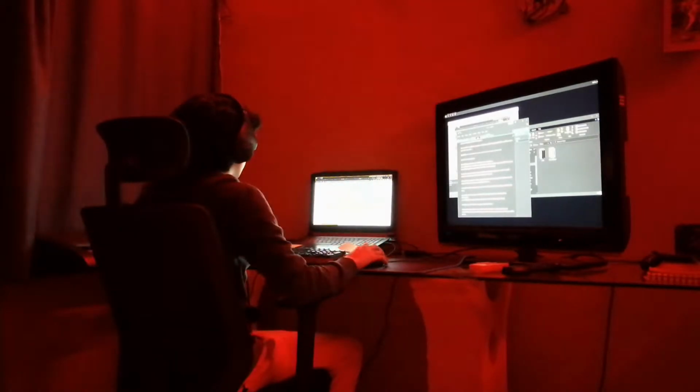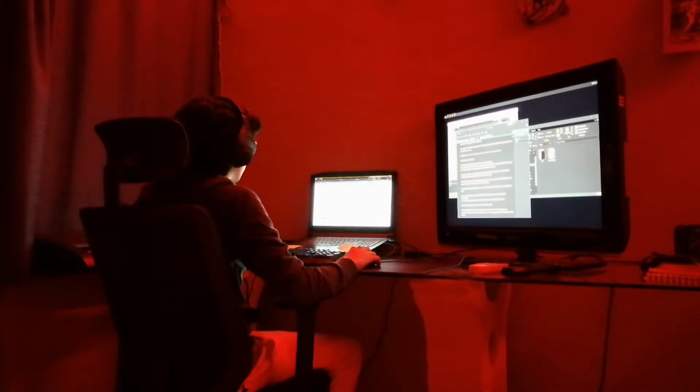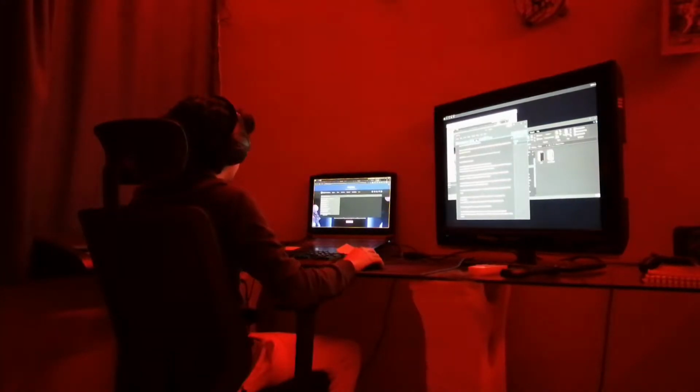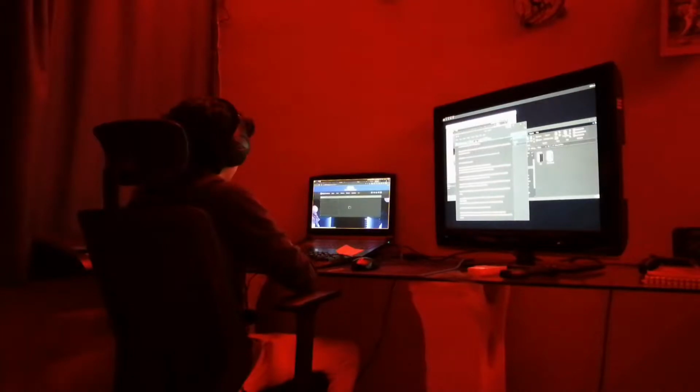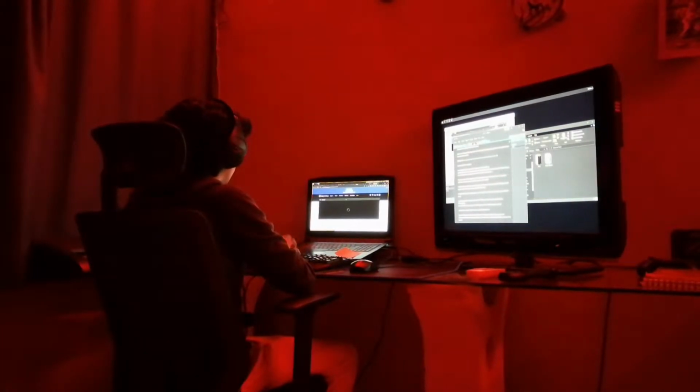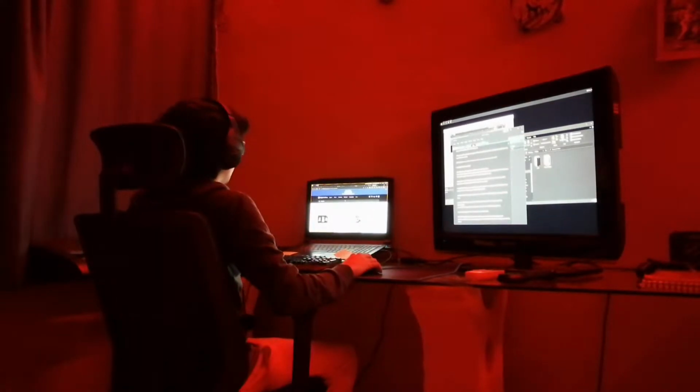Since I was a kid, I had an interest in video games, and while I was playing, I wondered how they work. I was so curious about it that it was what made me decide to study software engineering. At my university, we don't have video game development classes, but they teach us to code, which is the first step.